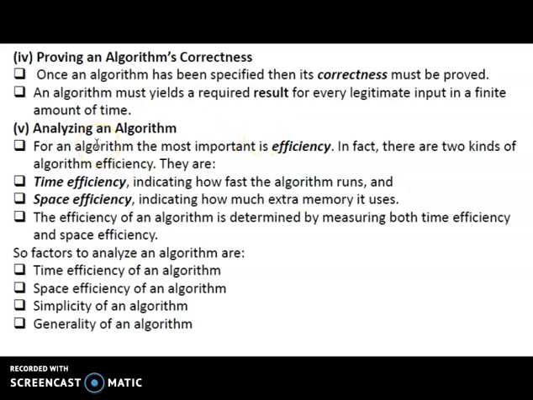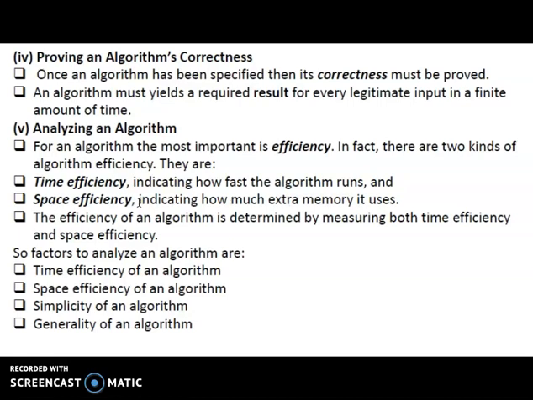Fifth one is analyzing the algorithm. Algorithm analysis is very important. There are two kinds of algorithm efficiency: time efficiency and space efficiency. What is time efficiency? Time efficiency indicates how fast an algorithm runs, and space efficiency indicates how much extra memory it uses.